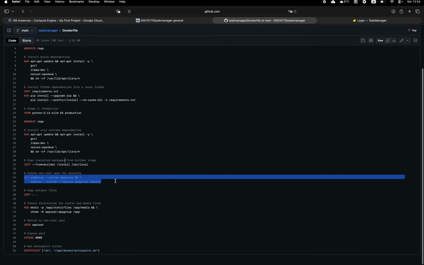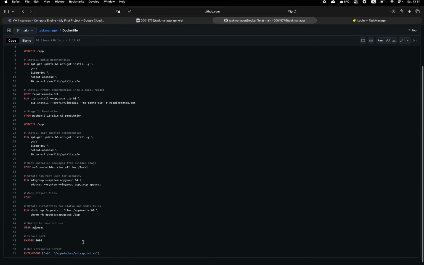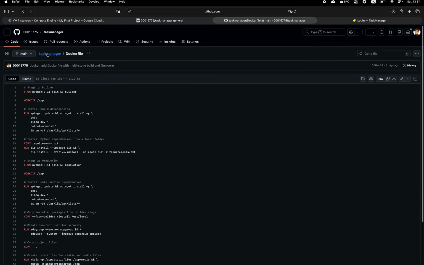And we are acting as a non-root user for security purposes, copying everything and switching to app user and exposing our port